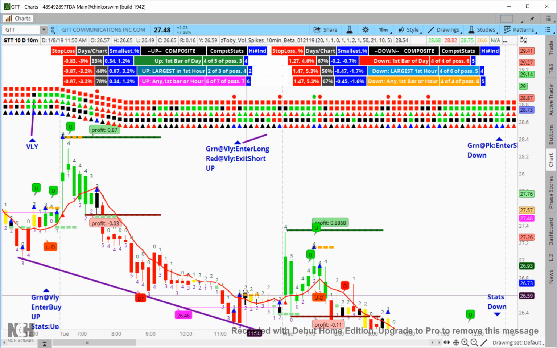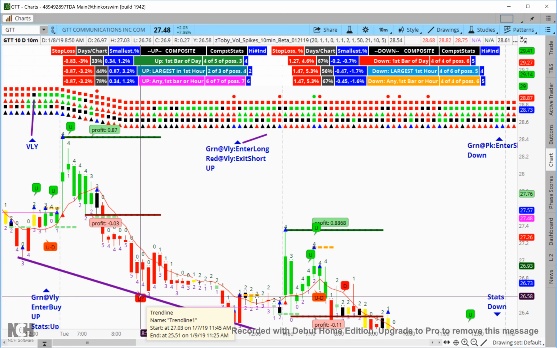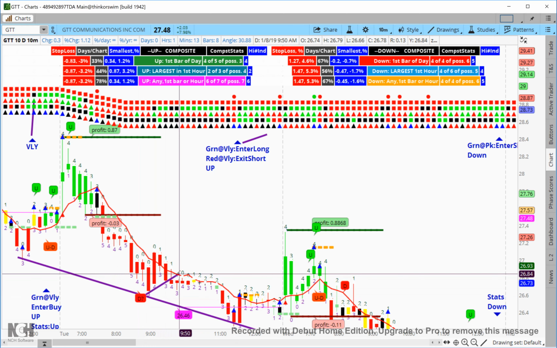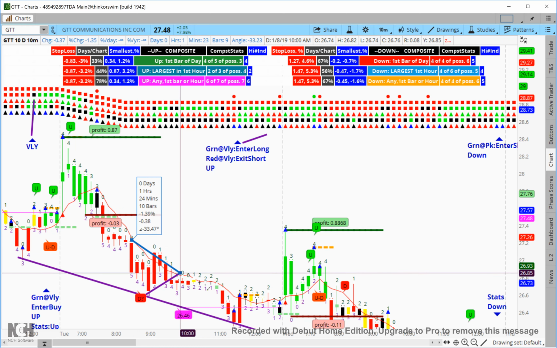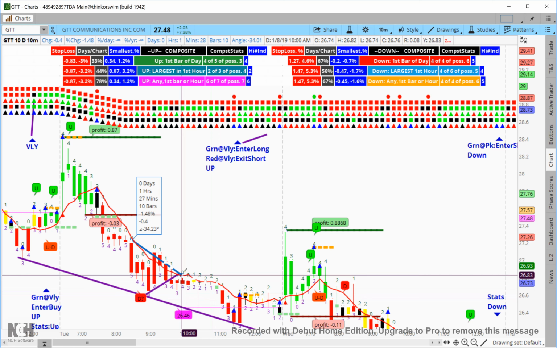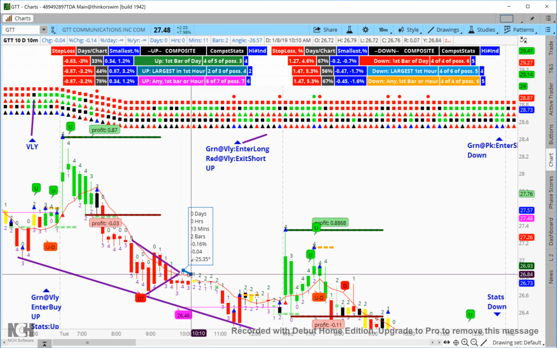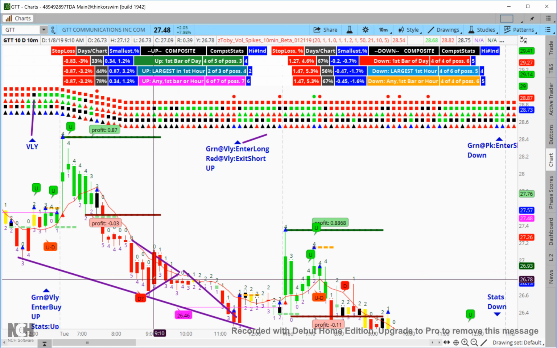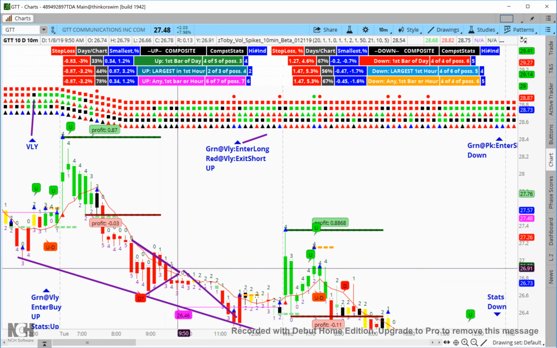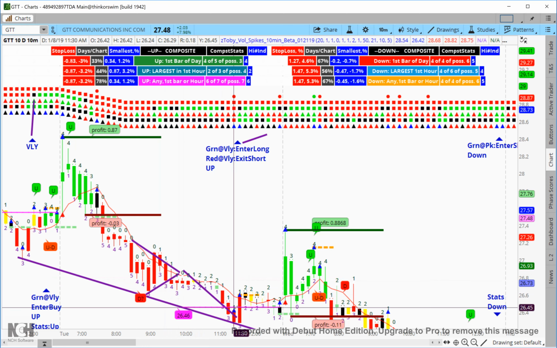This is kind of interesting: doink, doink, and then it drops. Boom. That's kind of a little squeeze, or I think they might call it a pedo flag or something like that. Anyways,